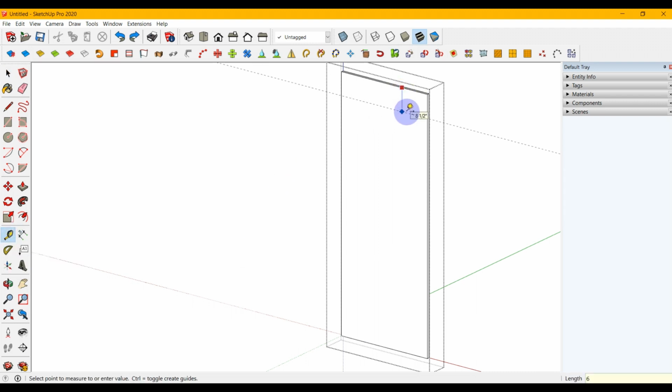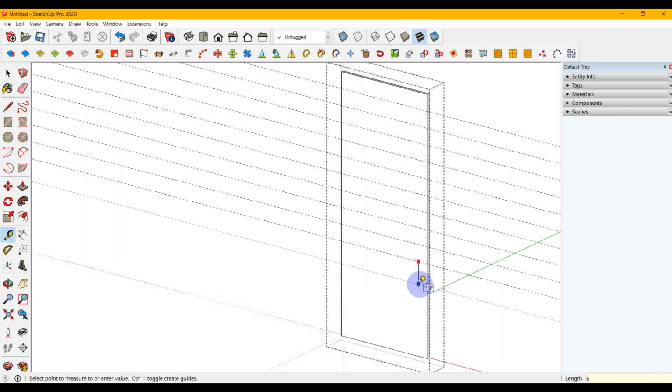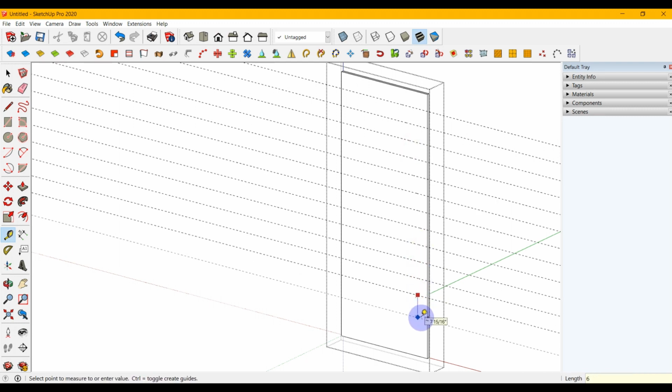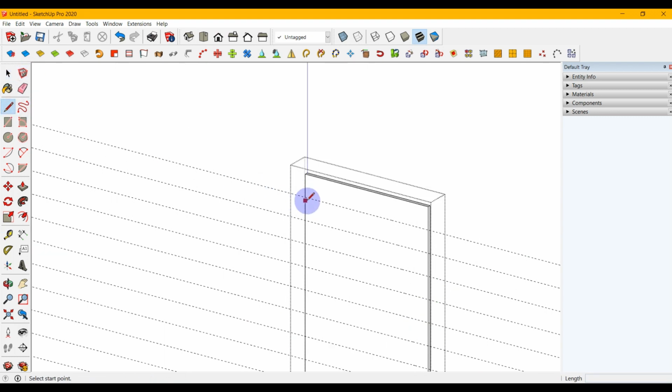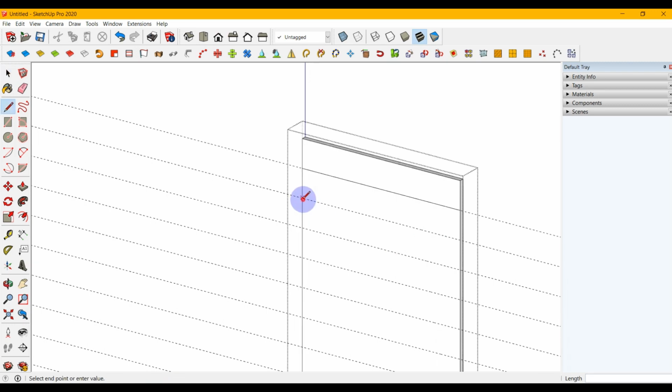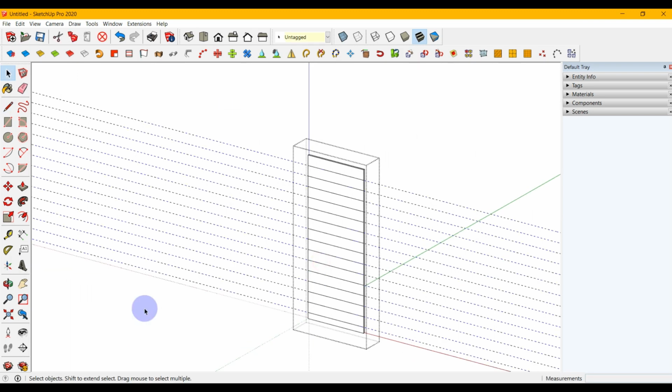Use tape measure tool to create guidelines at 6 inches. Create lines using these guidelines. Delete the guidelines.